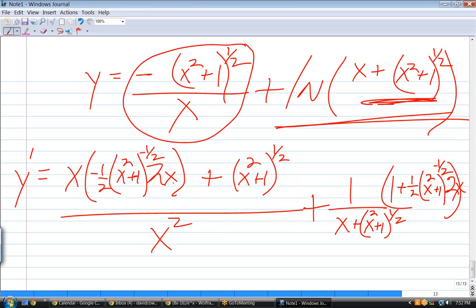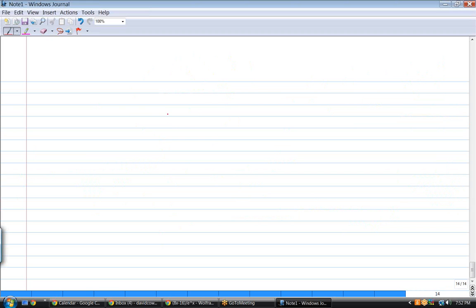From both terms in the numerator. Actually, all three terms, because we have one there, we have one there, and we have one there. So we're going to have three things in the numerator that all have an x squared plus 1. And you can factor, you may not be familiar with factoring when you have a negative exponent, but